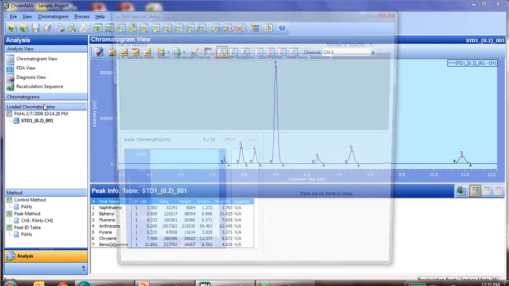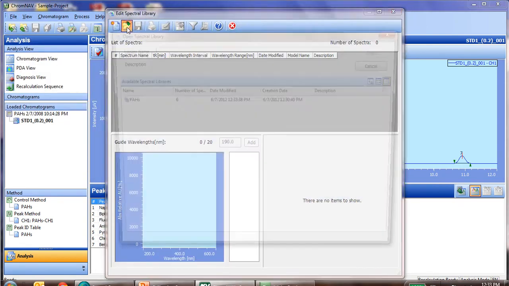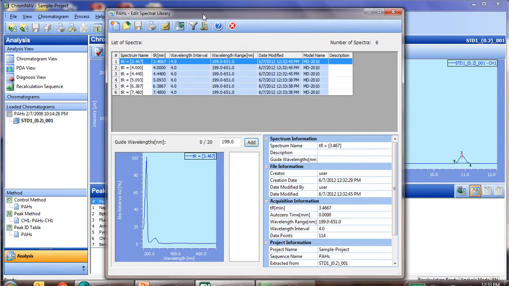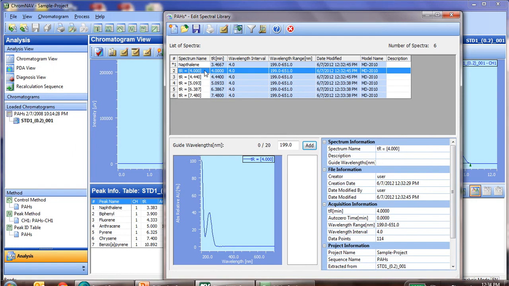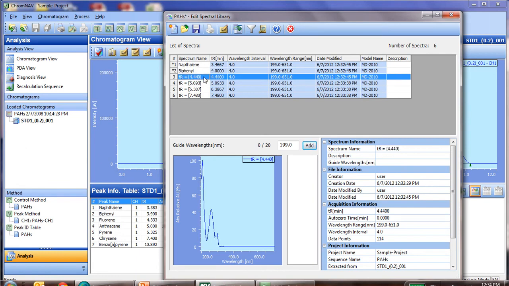File, Spectral Library, and we'll open our library. And now if we slide these over slightly, we can see that our current first spectra is naphthalene based on retention time. Our second one, that elutes at just about 4 minutes, is biphenyl. Now these retention times, of course, are slightly off as I just simply click on the chromatogram, but they are very close. The third one,